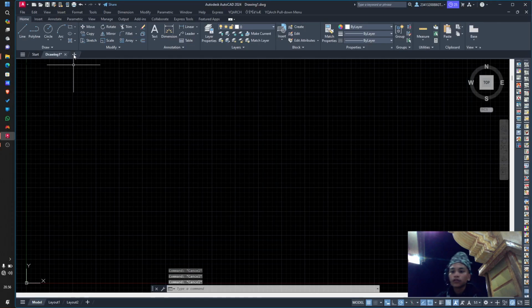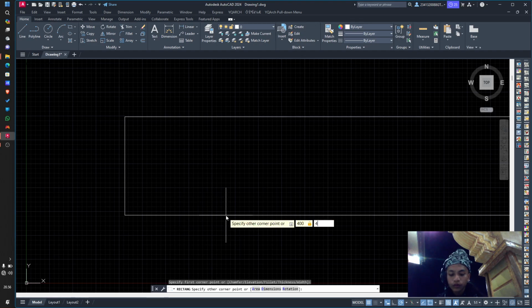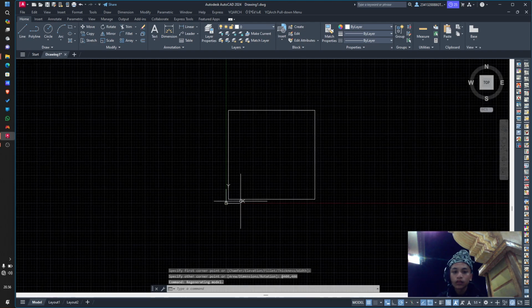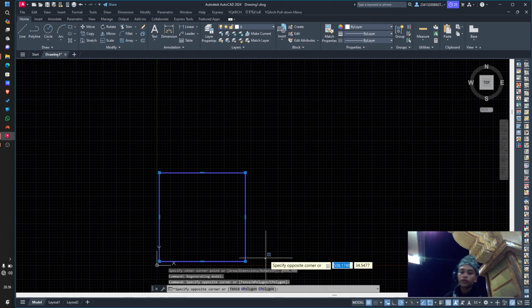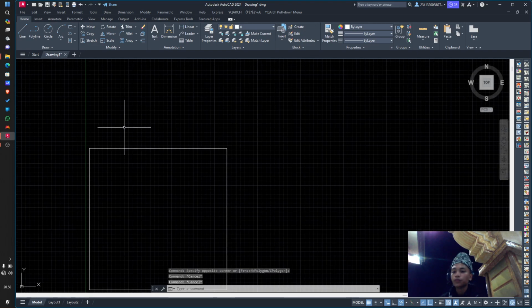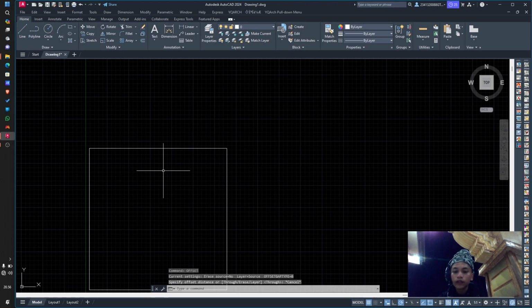So I will tell you how to make a foundation plan. Maybe we can make a rectangle of 400 by 400. Firstly, we need to create the beam. The beam size is 15, so we need to offset it. Specify the distance, because the size of the beam from the top is 15 centimeters, so we need to put it at 7.5,